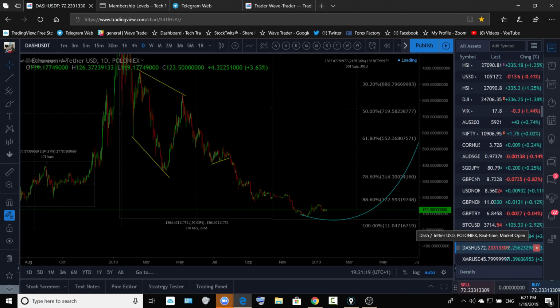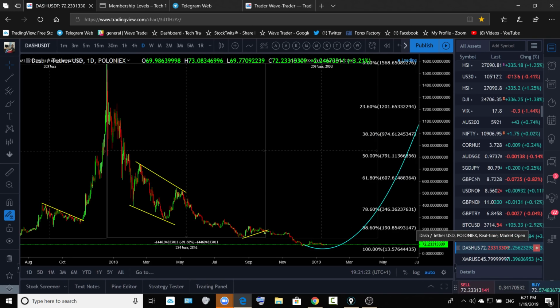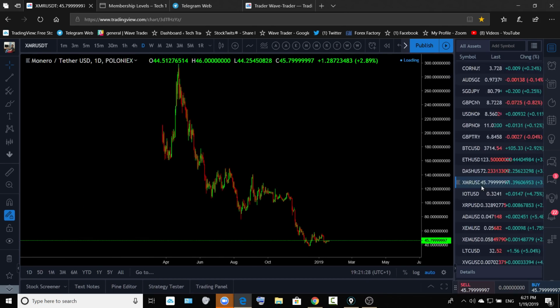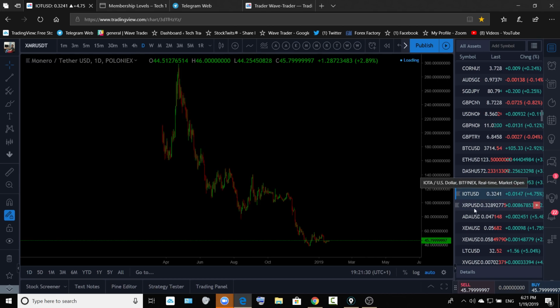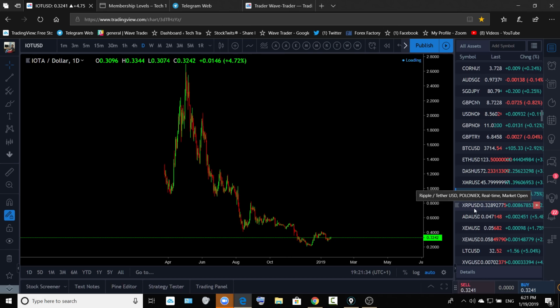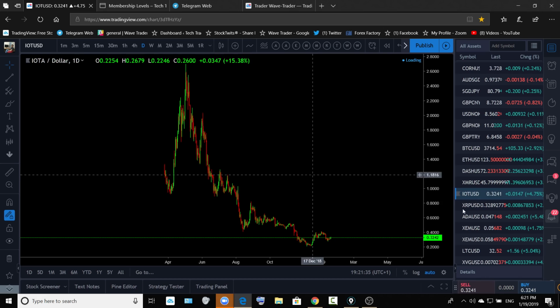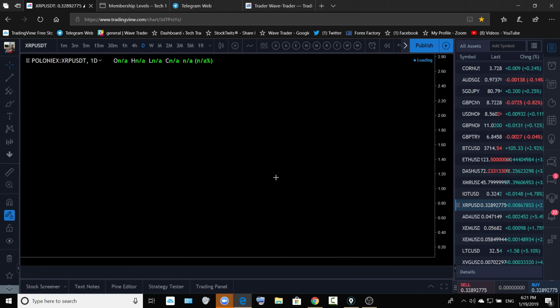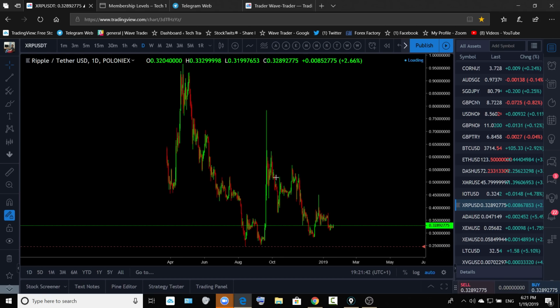So if you are selling the cryptocurrencies against the dollar, then make sure you are selling them for very small profit. They are at the bottom. As I said before, you are selling them for short term. So we are bullish on all these major coins, the coins which I'm just showing you: Iota, Ripple, Ethereum, Dash, ADA, Lumen.